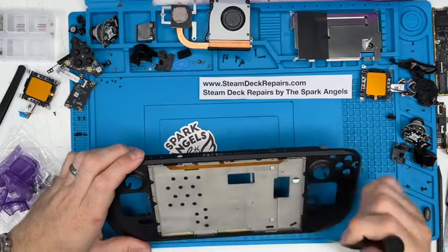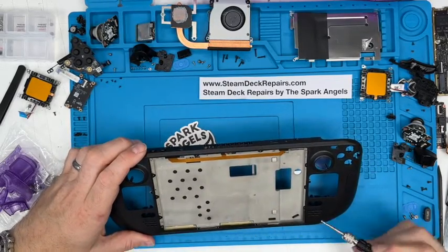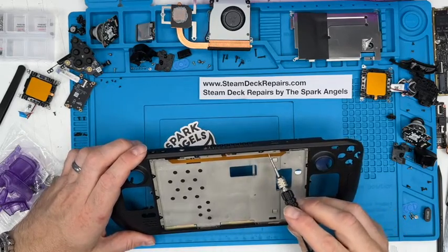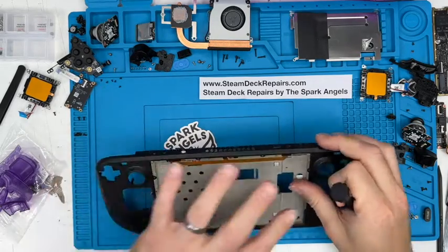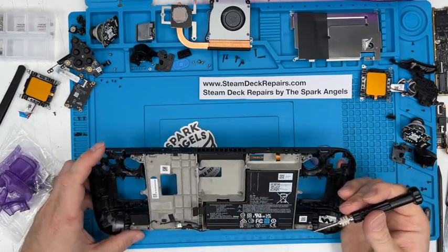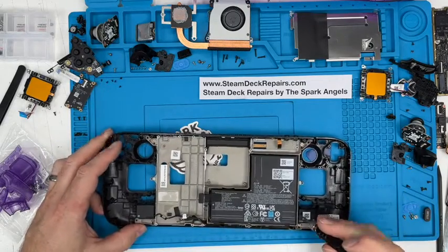Have we missed any? They're not screws, you've got screws there. I don't believe there is, no there's not, that's just the pins. Okay, so that should be everything on that side needed. Now onto the back of the frame as well. What we are going to need to do,